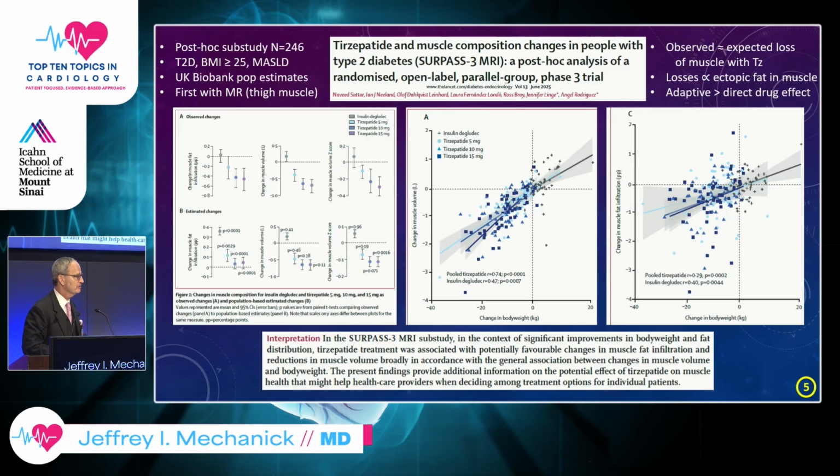When you examine the patient, less muscle, you need a hand grip device in your office to follow muscle function. Now, we need more studies to look at this. There are not that many studies, such as this one with MR. We need better imaging for muscle. We need to understand this physiology better. We have some retrospective studies, registry data that confirm this, but it's not hard and fast. We also need to know what the optimal lifestyle should be for patients on these incretin mimetic drugs.